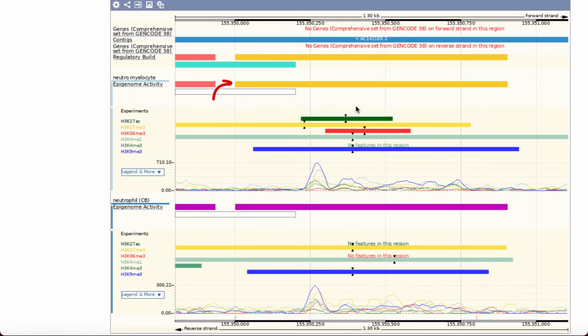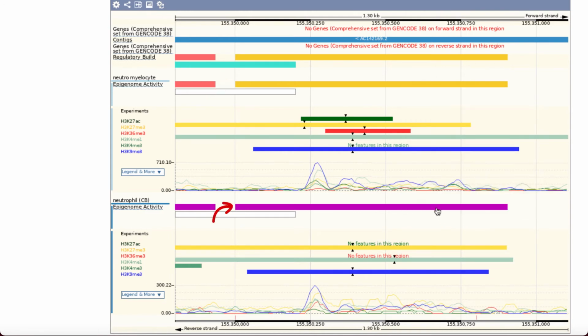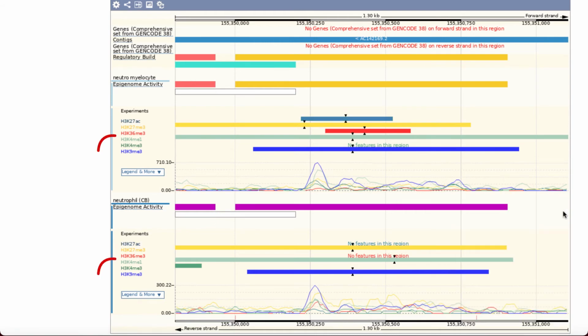Our enhancer is active and shown in yellow in neutromyelocytes, while in neutrophil CB cells, it's poised and shown in purple. The experiment peaks are shown as colored blocks with the ChIP-seq signal below.